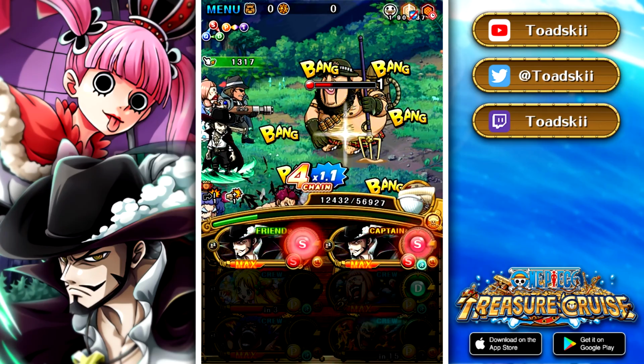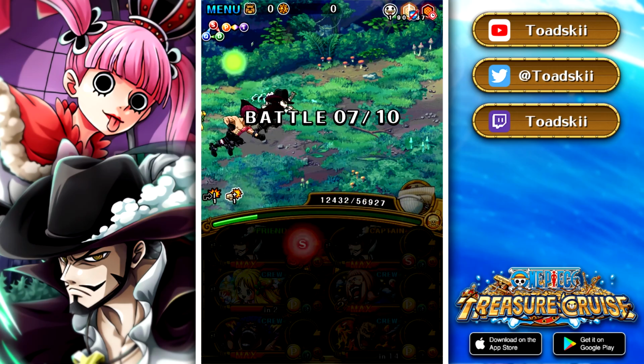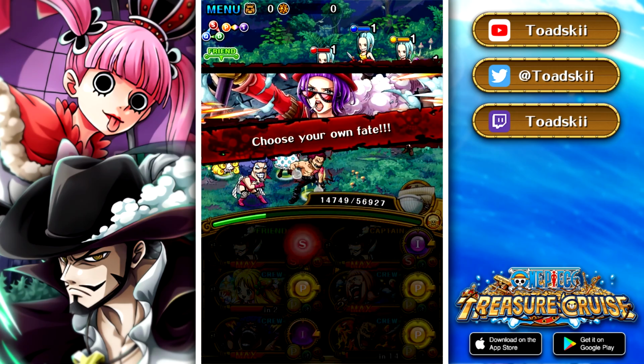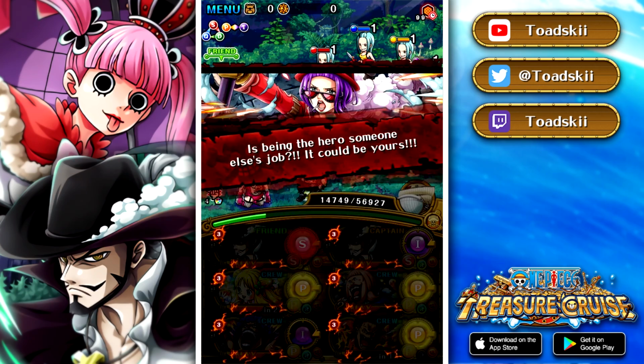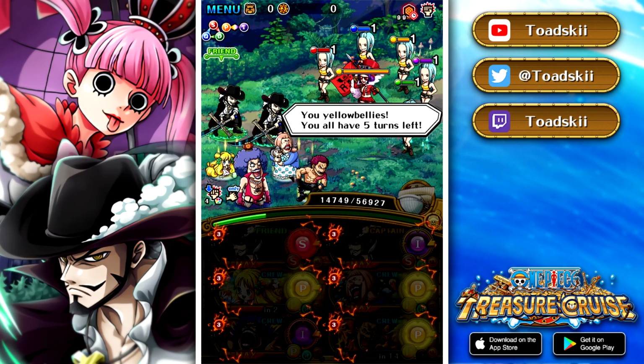Okay, yeah, looking good. Alright, so Morley is dealt with. V2 Katakuri coming in clutch. So the next stage is against Bello Betty. This stage is not too hard, it's more of an annoyance sort of thing, right? So let's go ahead and launch the...